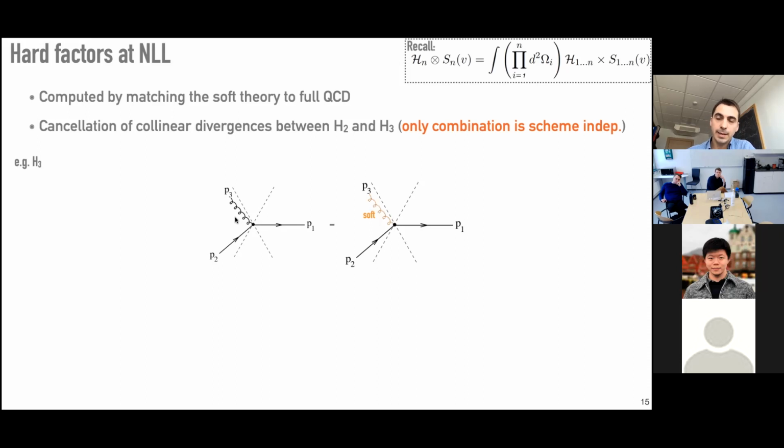And this collinear singularity crucially cancels against a collinear singularity that lives in the virtual corrections that I will include in H2. So the sum of terms, each term is individually divergent but the combination of the two is finite